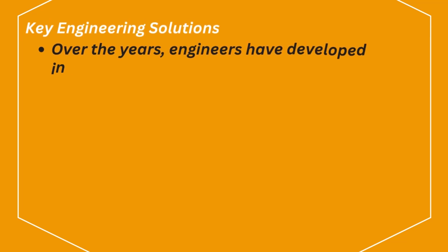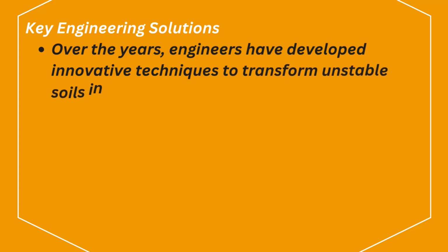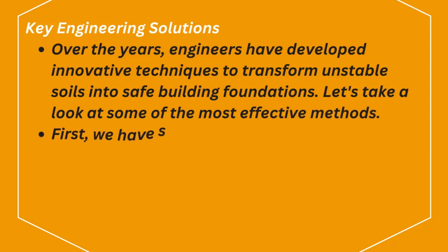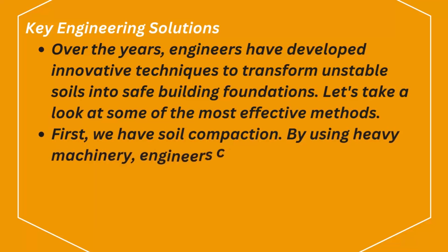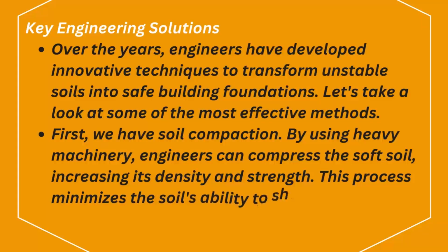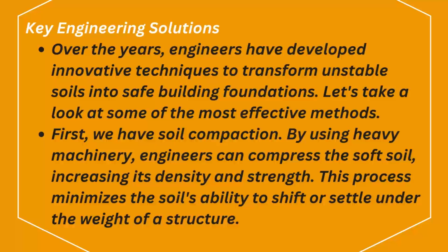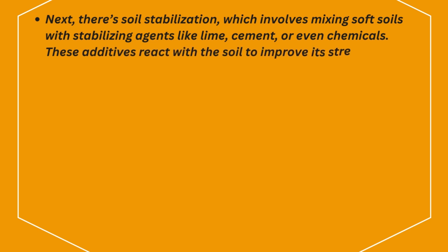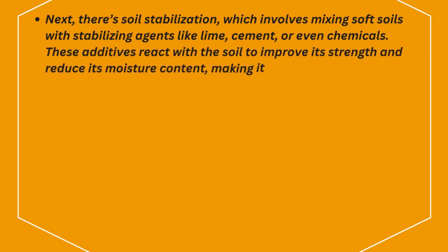Key engineering solutions. Over the years, engineers have developed innovative techniques to transform unstable soils into safe building foundations. Let's take a look at some of the most effective methods. First, we have soil compaction. By using heavy machinery, engineers can compress the soft soil, increasing its density and strength. This process minimizes the soil's ability to shift or settle under the weight of a structure. Next, there's soil stabilization, which involves mixing soft soils with stabilizing agents like lime, cement, or even chemicals. These additives react with the soil to improve its strength and reduce its moisture content, making it more suitable for